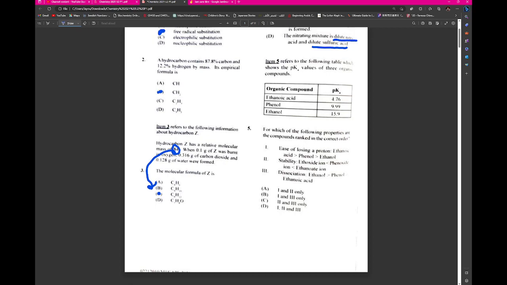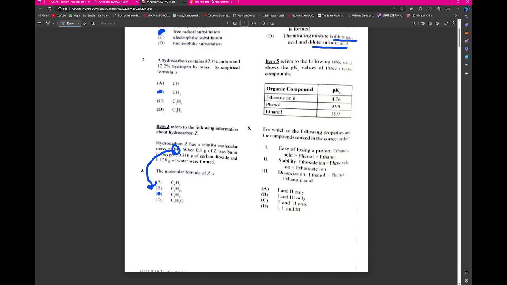So ethanoic acid, phenol, and ethanol. Item 5 refers to the following table, which shows the pKa values of 3 organic compounds. For which of the following properties are the compounds ranked in the correct order? So we have to watch this now, right? So we know that pKa,